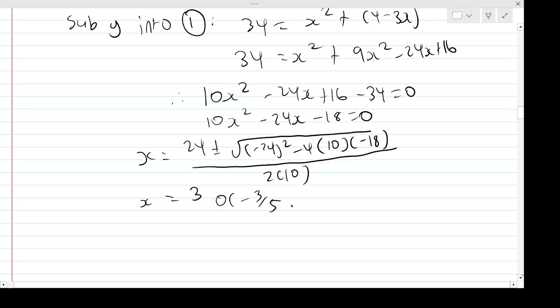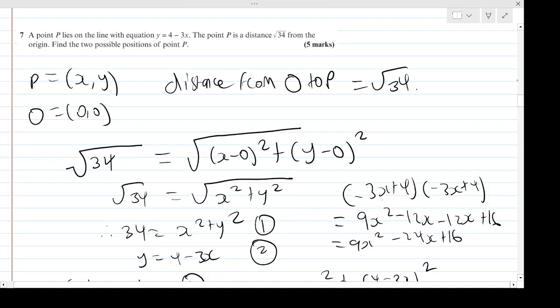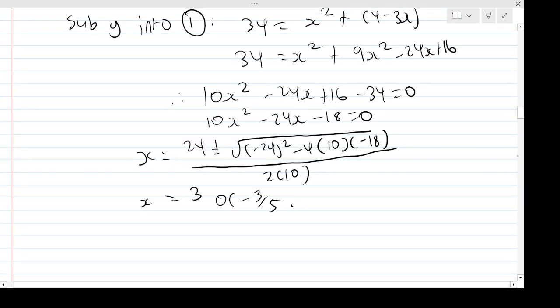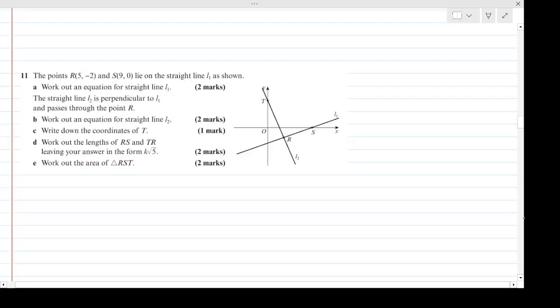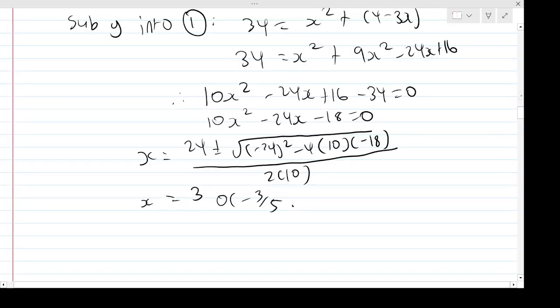And there we are. So we've got two values of x, but they told us to find two possible positions of p, so find two coordinates of p. So I need to find the y value as well. Well, we know that, let's go to our equations. Here, y is 4 minus 3x. So, if I repeat that,